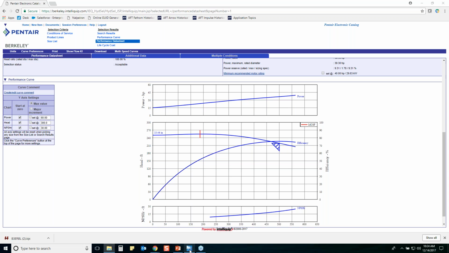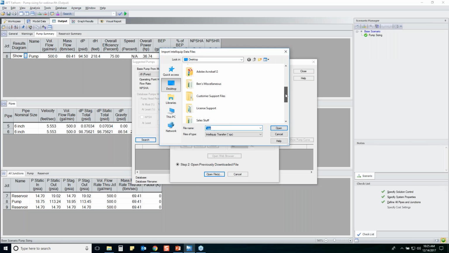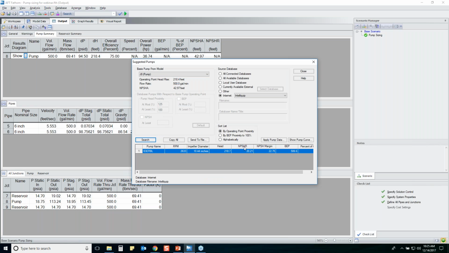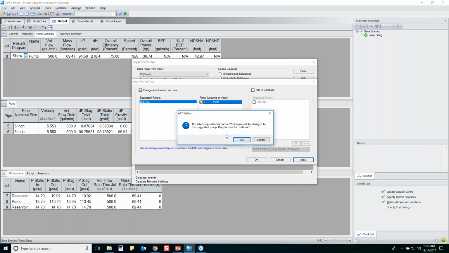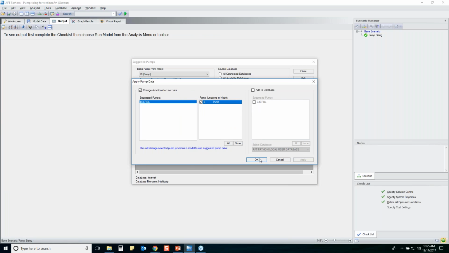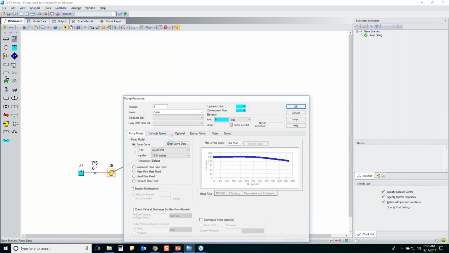All right. So now once I've downloaded it, I go back into Fathom, and I move on to step number 2 to open that downloaded file. And so this is the one that I'm going to use. Click Open, and then I'm going to apply that pump data to my pump. You could save the pump for later. If you want to use it in other models, you can. I'm not going to do that in this step. I'm just going to apply that to my pump in the model here. So now, if I open up my pump here,